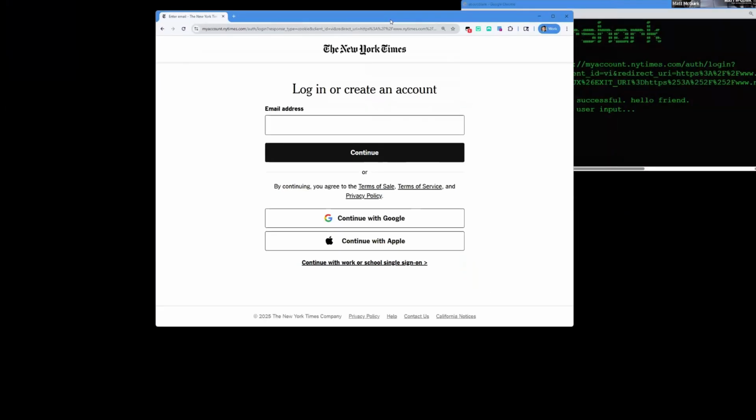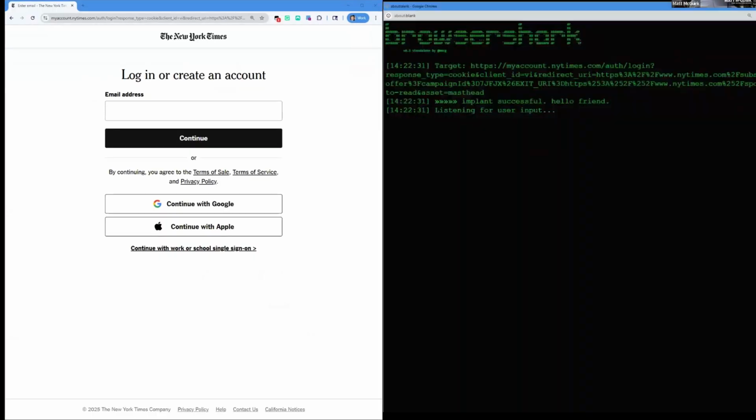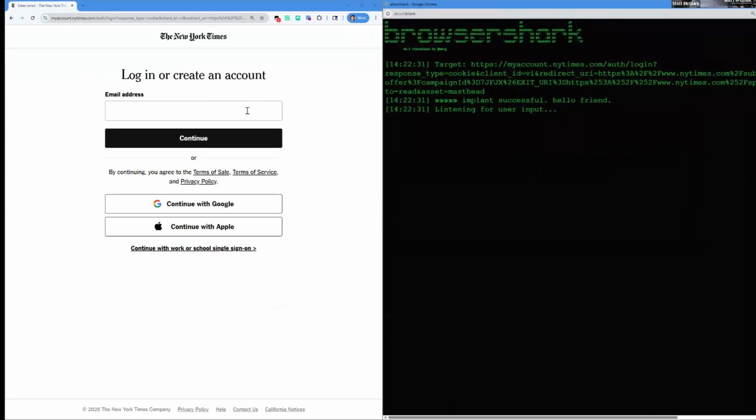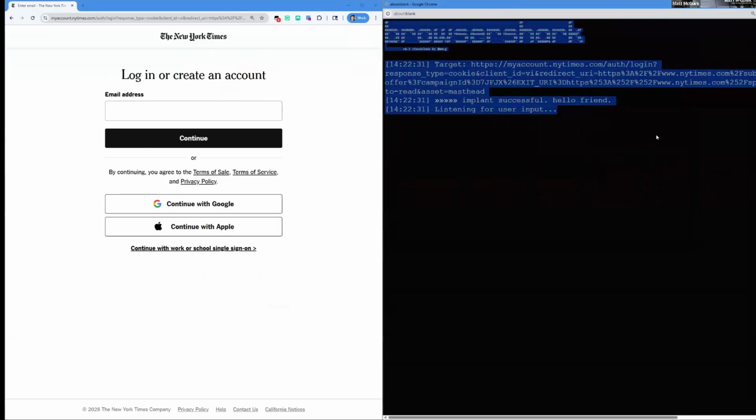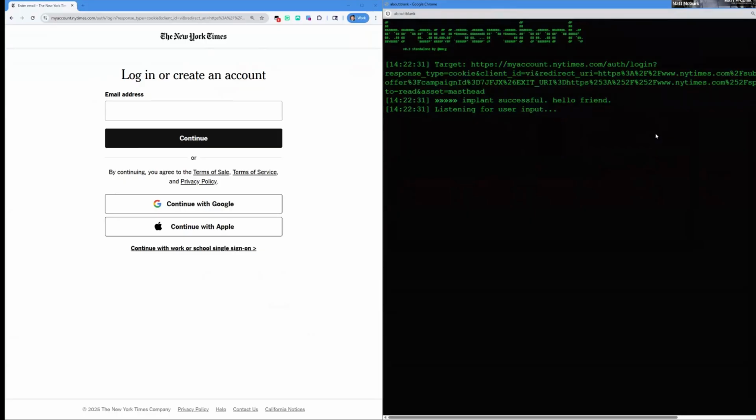So when I navigate to this login part of the New York Times, let me split my screen up here. You can see on the left-hand side, I've got the normal New York Times login process. On the right-hand side of the screen, though, I've got this black and green terminal window. This is the attack that has sprung into action from that available loophole in JavaScript and is now doing stuff and waiting to do stuff in my browser. Of course, in reality, these attacks don't have a big black and green terminal. That's simply for the sake of illustration, so you can see what's happening.